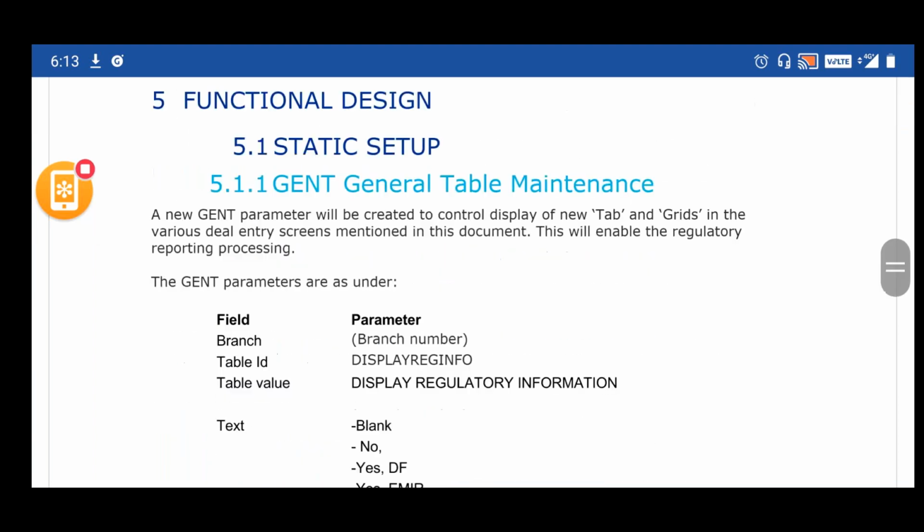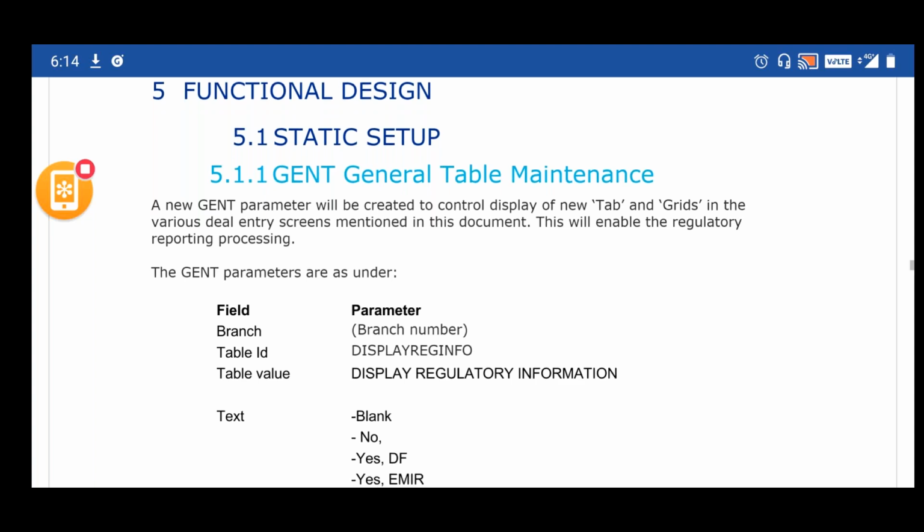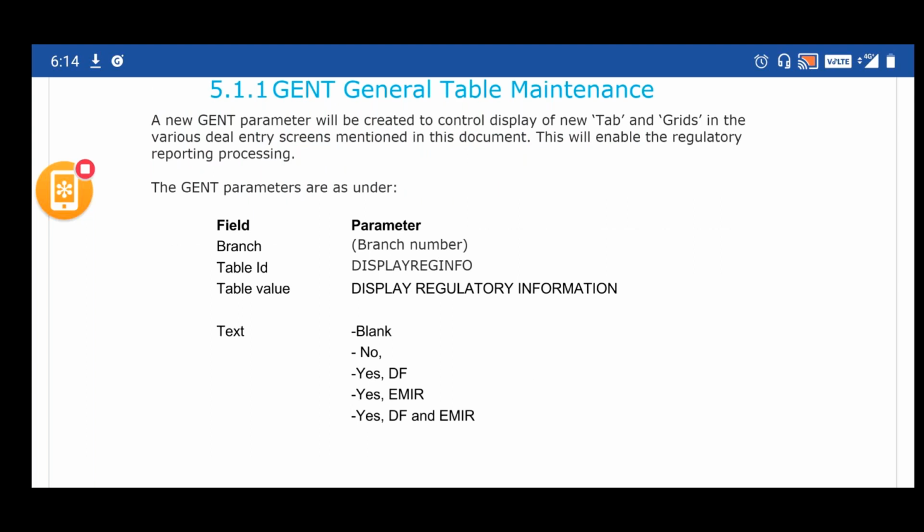Then we talk about the functional design, which is the major section of this particular documentation. Like you have the requirements in the BRD, in a similar sense you have a functional design as part of this documentation, where you have very detailed information on what the developer has to pick up and develop accordingly.